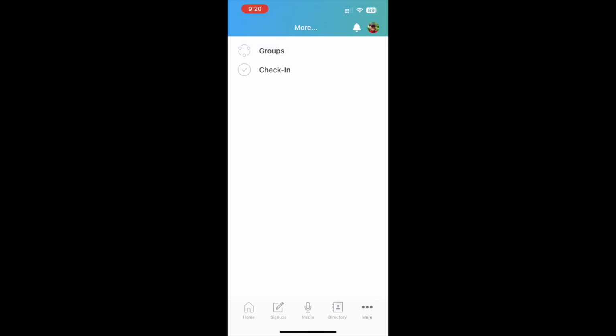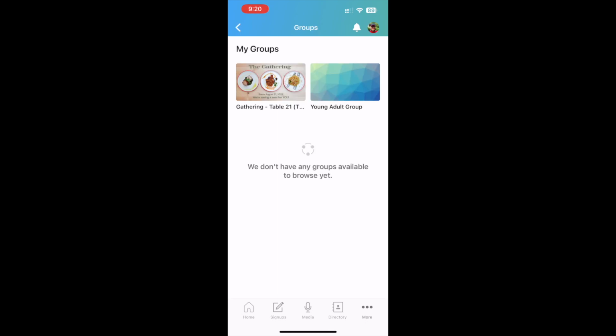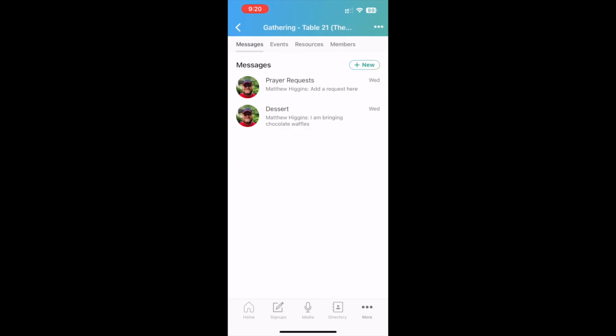So you click on the groups button, and this is the information that we are using for the gathering. And so eventually you will have a group listed under here for your gathering table. And I've set up a test one right here. It says Gathering Table 21. And so if I click on my group, it'll pull up a couple different things that are important for our